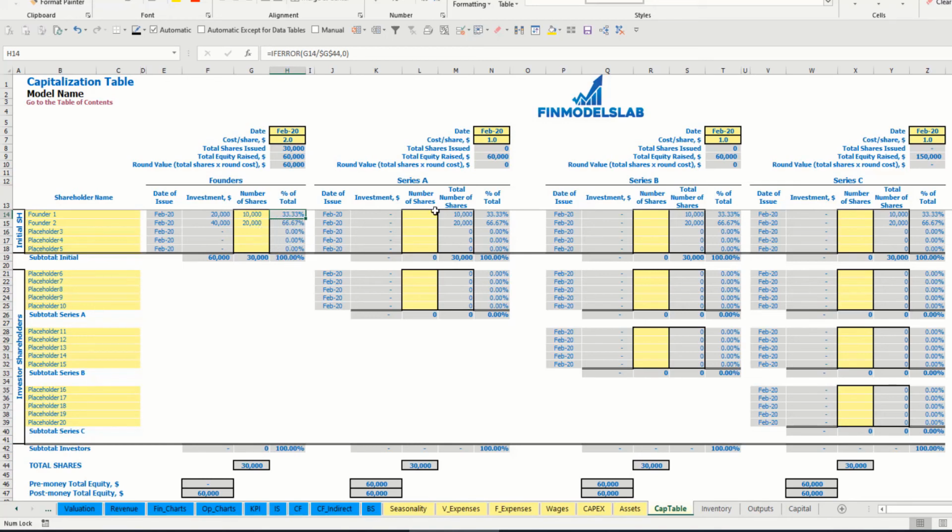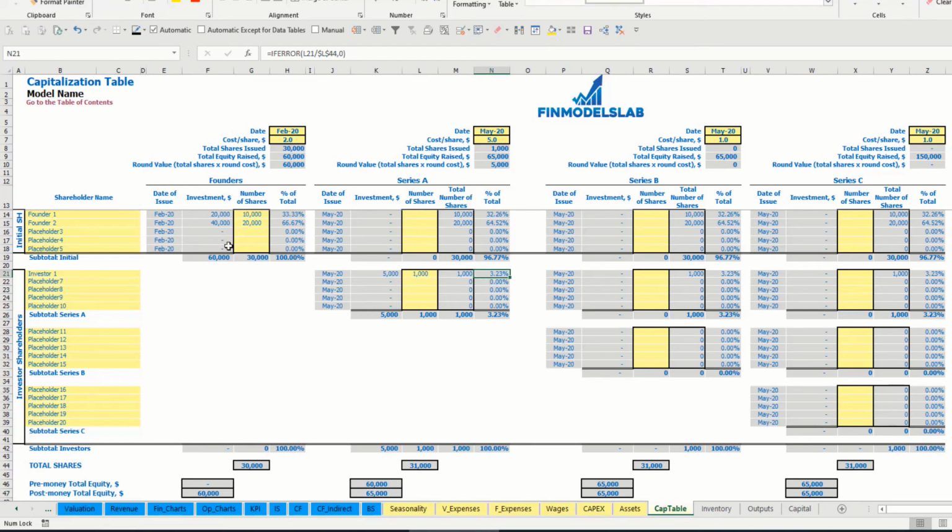The dilution is 33 to 67% of shares. So let's pretend that for Series A we have 1 investor, and the date of issuance is May. Cost per share is $5 per share, and number of shares is 1000. So total amount of investment will be $5,000. You may see that before the Series A, total equity was $60,000, after is $65,000, and investor 1 will have